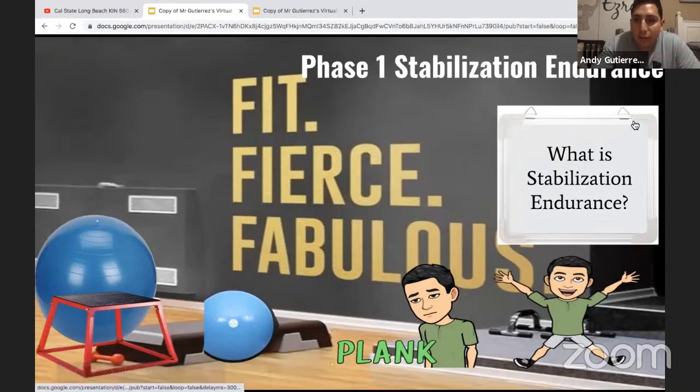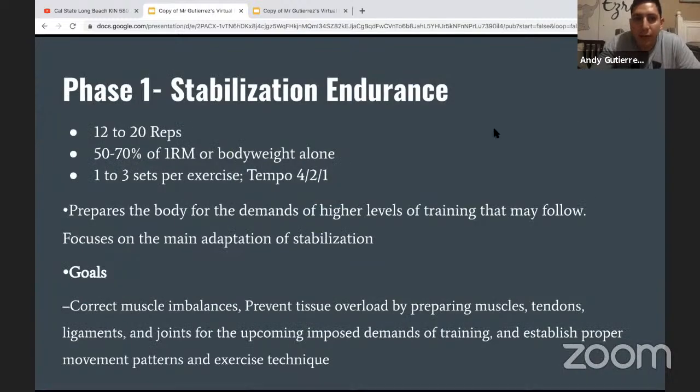Let me go ahead and start on the whiteboard. So what is phase 1? What does it consist of? Here in phase 1, you go 12 to 20 repetitions at 50 to 70% of your 1 rep max